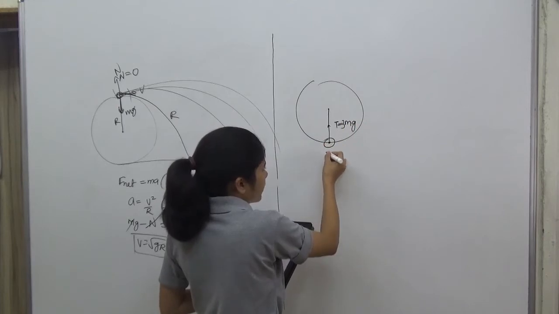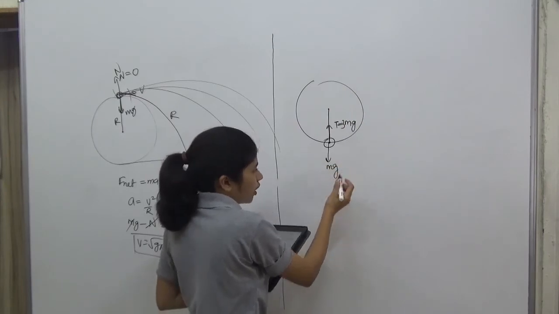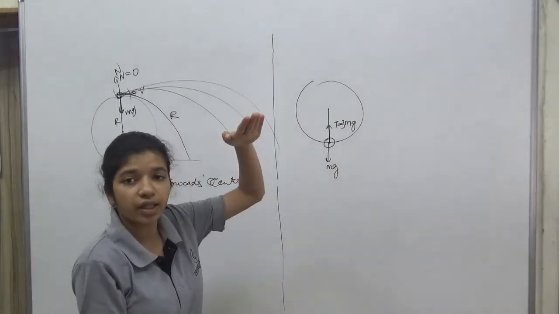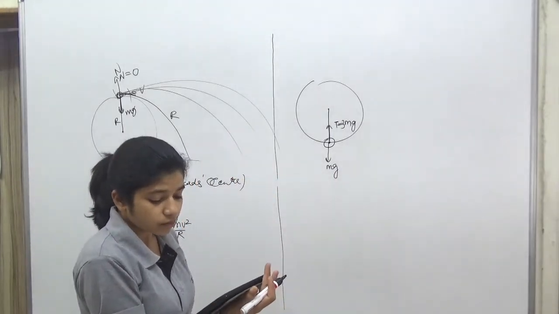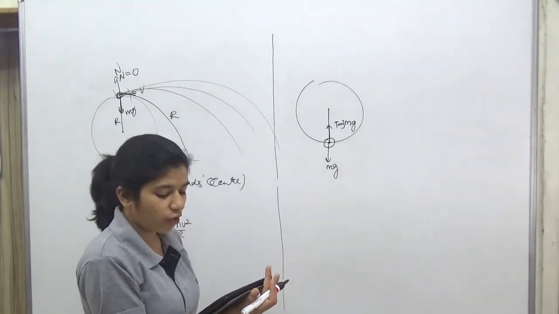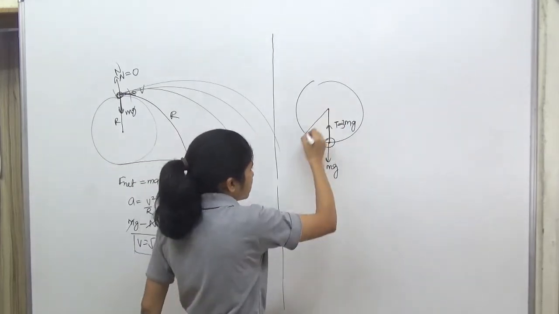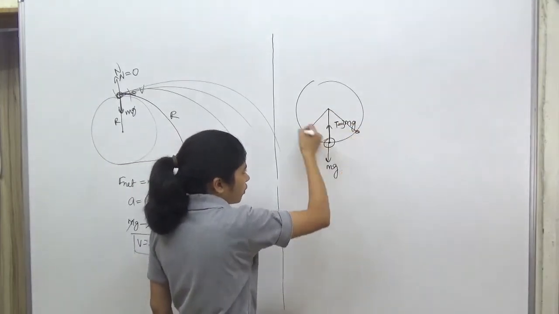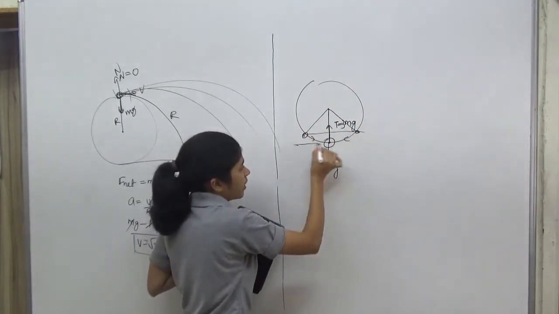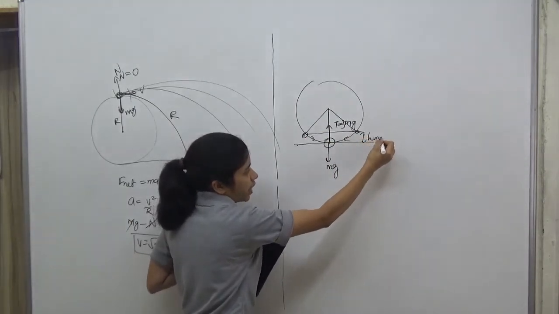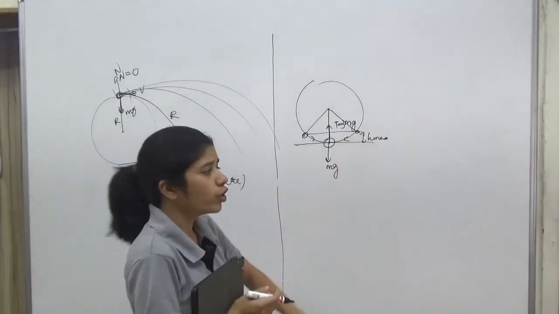So the total force on this pendulum bob: tension is equal to 3 mg and its own weight is equal to mg. Tension is 3 mg, it is given in the question, and weight will always act, weight is mg. What is the maximum displacement of the pendulum string with respect to the vertical? So it must be oscillating something like this, going from here to here and then oscillating like this. What is the maximum height up to which it is going? So this is the maximum height. Okay, it went like this, came back, went up to here, came back, went like this again. So this is the maximum height.